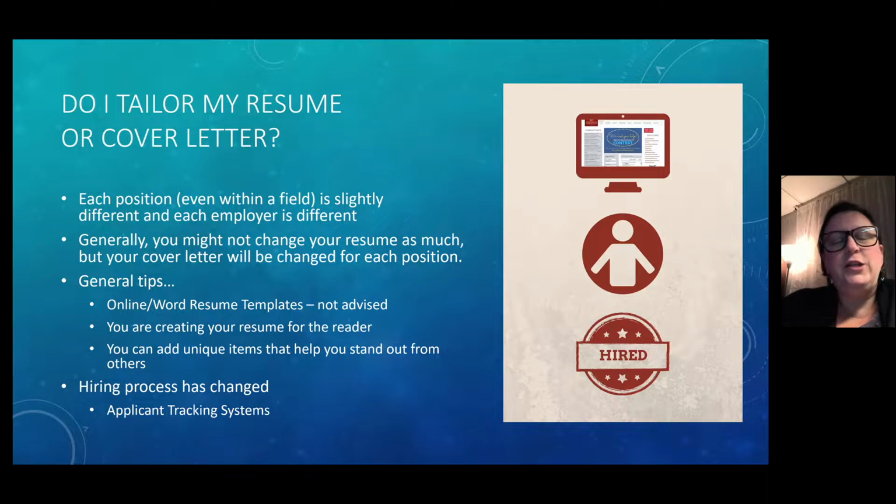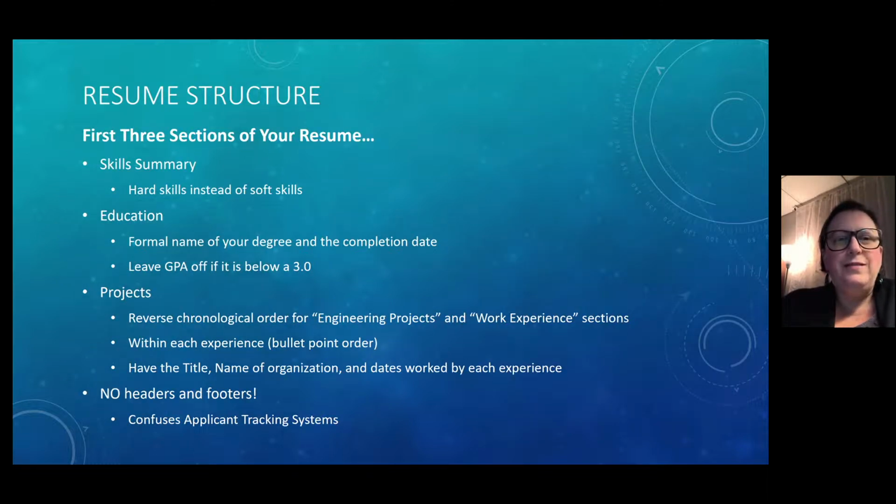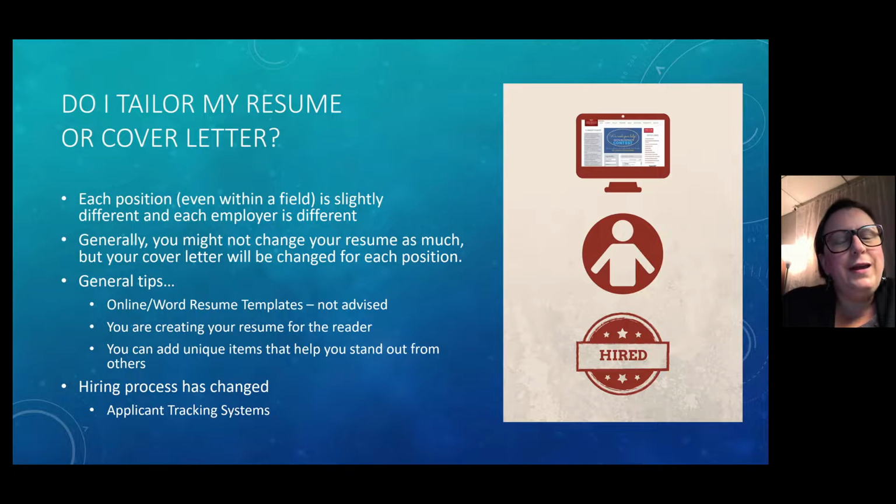One of the things that has changed in the last perhaps several years is the applicant tracking system software, which is basically a way for large companies who receive a large amount of resumes and applications to make that general first cut of candidates that may not be obviously qualified for the position they're applying for. The biggest thing about applicant tracking systems is that they do not play well with certain highly formatted resumes, such as any types of resumes with headers, footers, columns, text boxes.